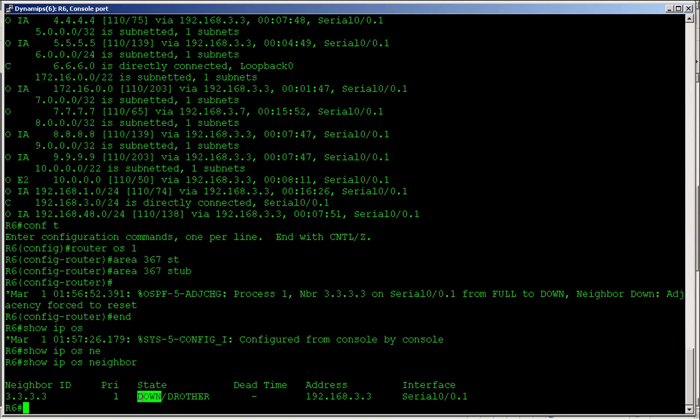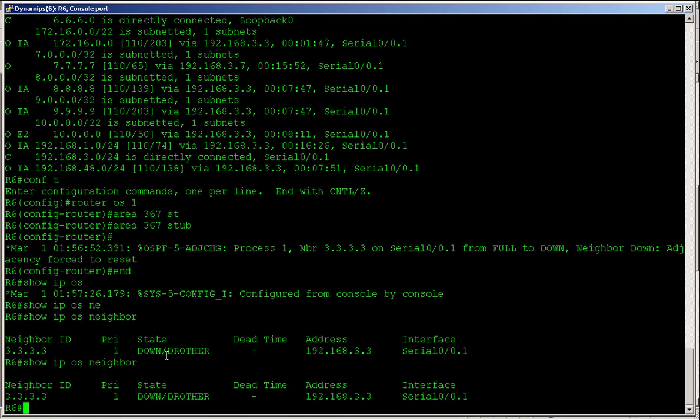Down means a hello has been sent from the neighbor. Then it will go to init. Init means he checked if the hold time of the hello receiver is correct, and then they will send it back to them. It will go to 2-way, and when they agree, then they will go into